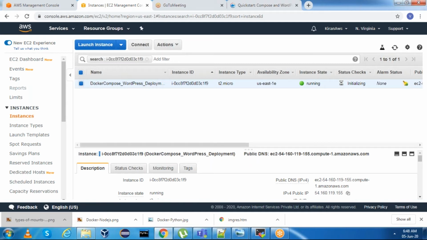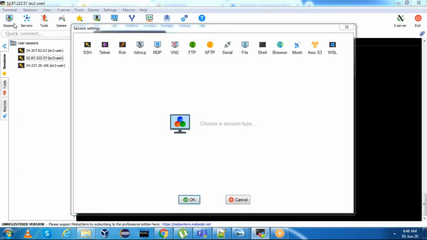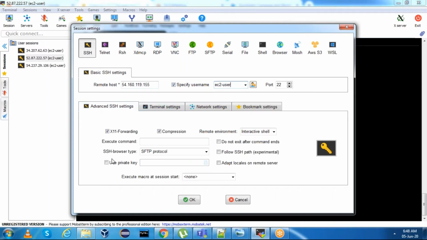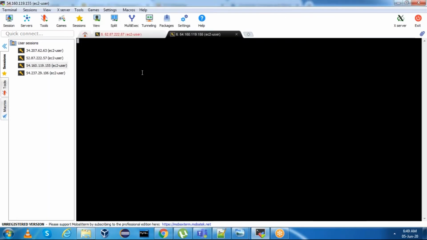Grab the IPv4 public IP, go to MobaXterm, create a session. SSH, remote host is this, specify username ec2-user, advanced SSH settings, use private key. This is the key pair which we are going to use.